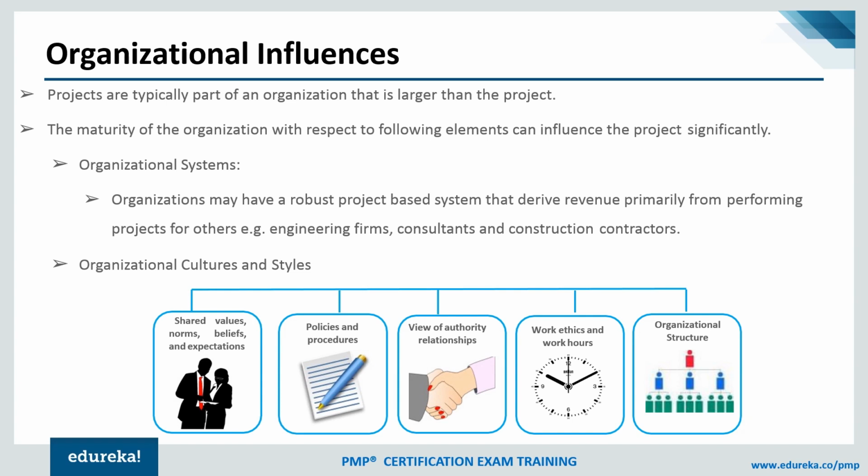As a project manager, you will have no power to control these kinds of factors or elements. But if you are aware of these factors, you can definitely plan accordingly, thus mitigating the schedule risk for the project. How does it work? So there can be organization systems, there can be organizational culture and styles,